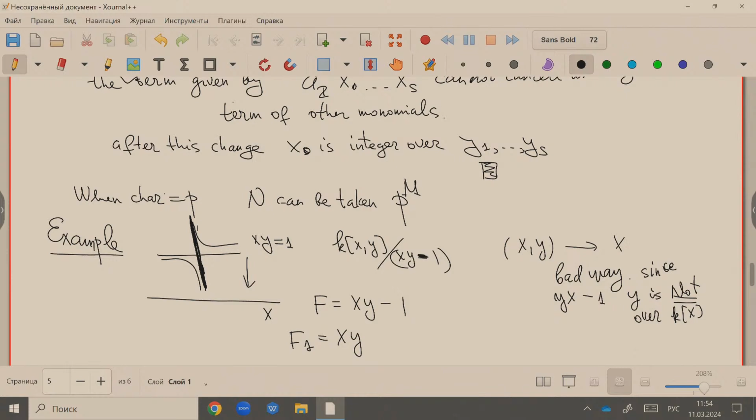This kind of change of variables. Yeah, so you're forgetting about coordinate y, and to x you add nothing. You add x0, so it is substituting x. So instead of x, you're substituting 0. Instead of y, you're substituting 1.